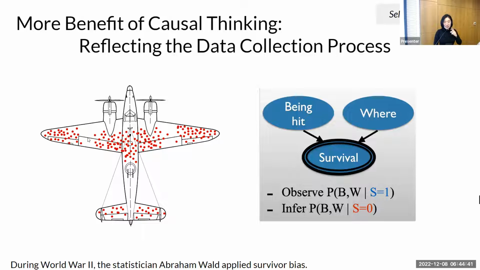So basically, the difference here is that given the same distribution, we form two different causal stories. The first one is that these are the parts that we should fix. The other hypothesis is that the planes came back because they survived the war. That's why hitting these parts is not necessarily leading to the plane falling, but maybe the white parts are the important ones to enhance.